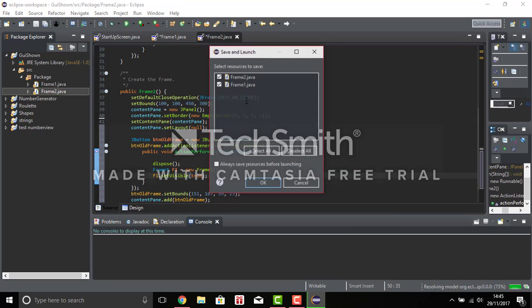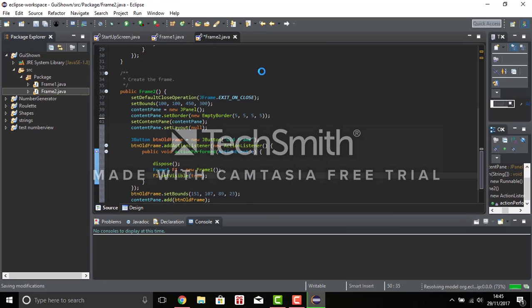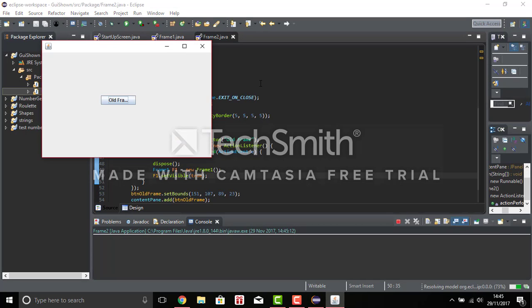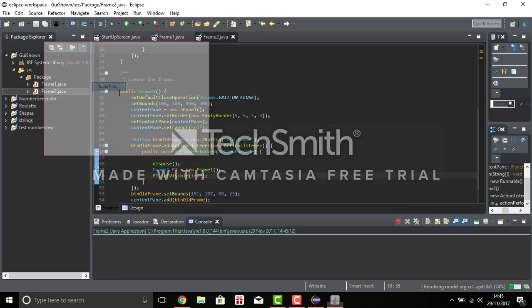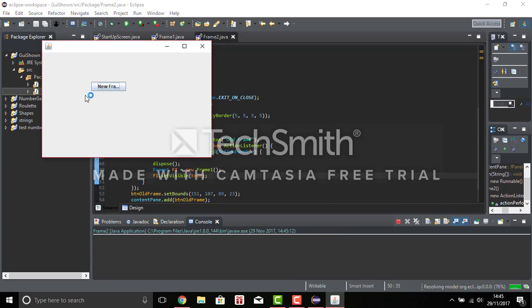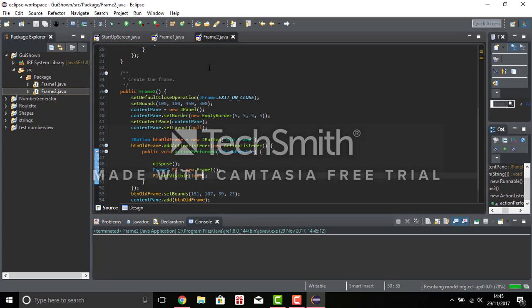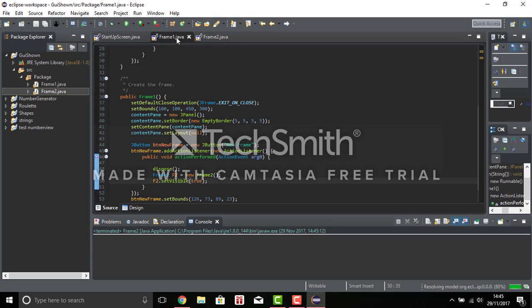So now this should allow us to go back and forth between frame 1 and frame 2. We're just going to run it now. I'm going to run from frame 1. So there you go. We go new frame, brings up the old frame, new frame, old frame. And that's basically how that will work. So if I just go into frame 1 just to make the button, so now